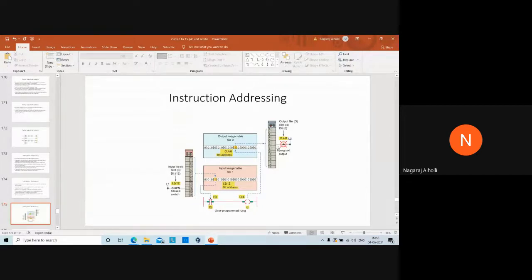If it is 1, it energizes or turns on the output device. If 0 is stored, it turns off the output device, or the output device will be in the off state. Output file, slot number 4, bit number 6. Then these are the line voltages, L1 and L2, the rail to rail voltages applied so as to energize the input modules and the output module.